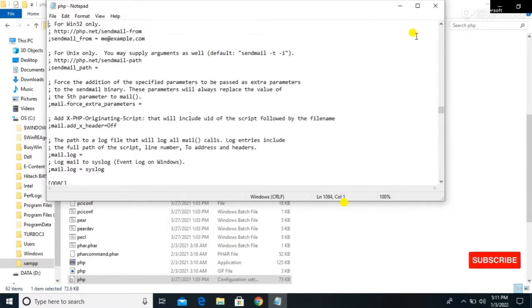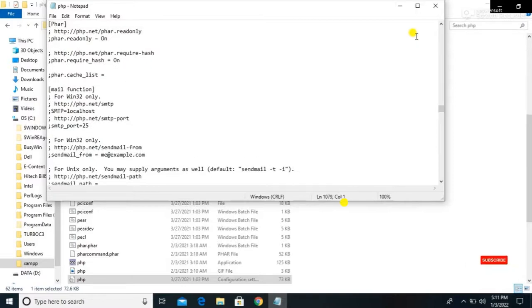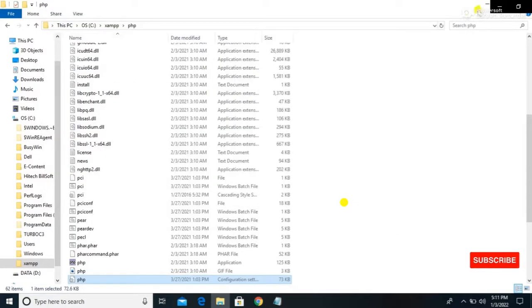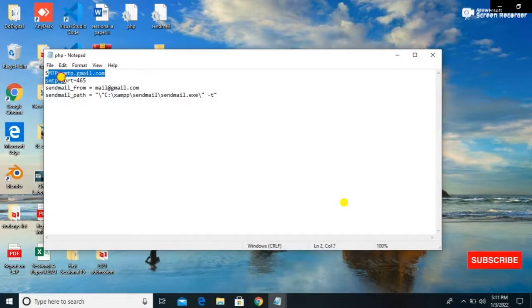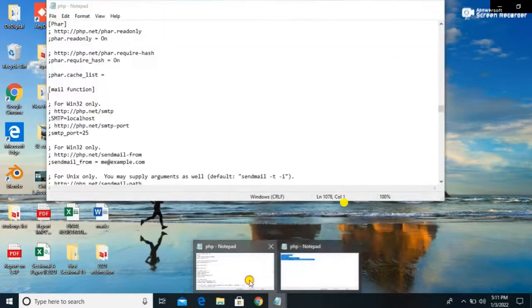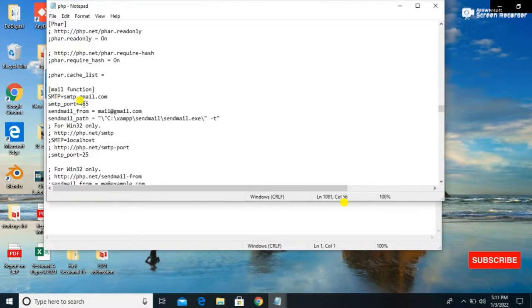After commenting all these statements inside the mail function, we need to write a few lines of code. This is the code that we are going to copy into the PHP configuration file. I have already posted this code in the description.